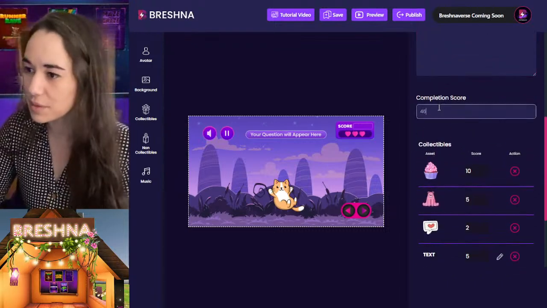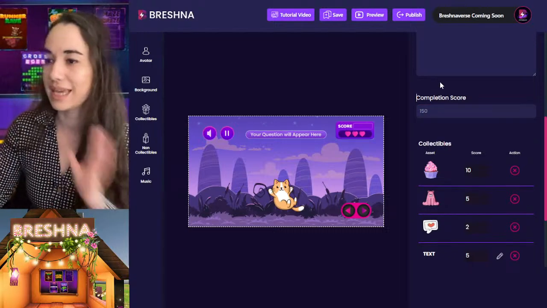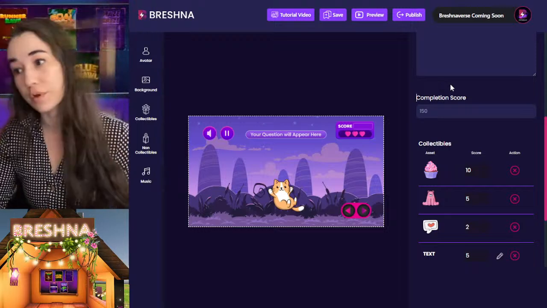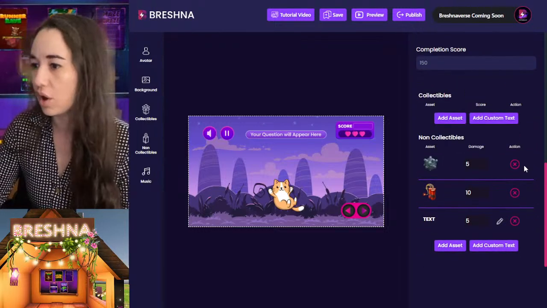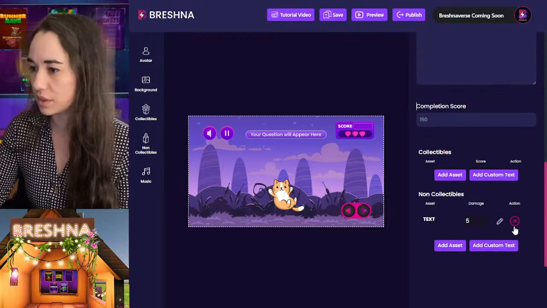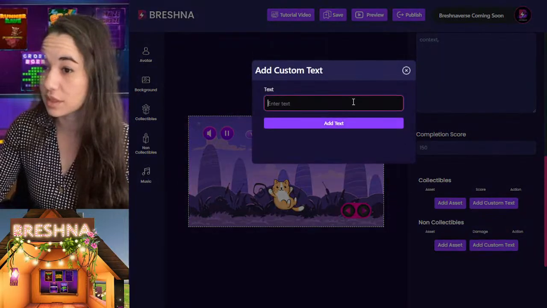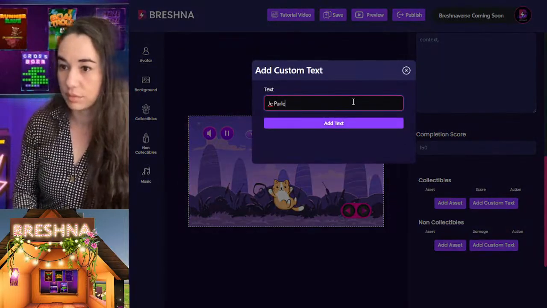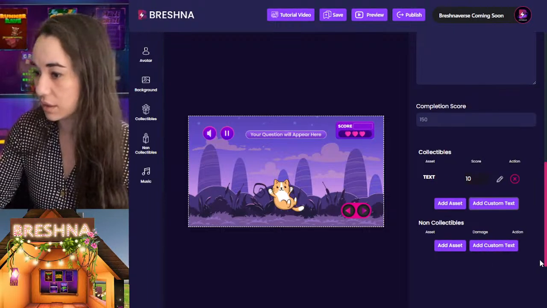Things like that. So I'm going to make this score quite a bit higher, simply because that is the score you need to win to move on to the next level. And then I'm going to get rid of all of these collectibles in here, and we're adding our custom text, right? So we're doing things like je parle, which is I speak,